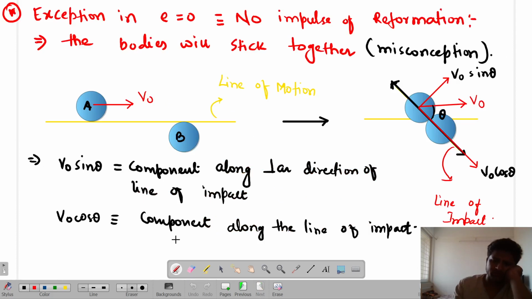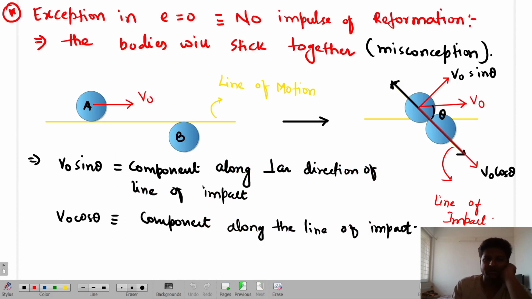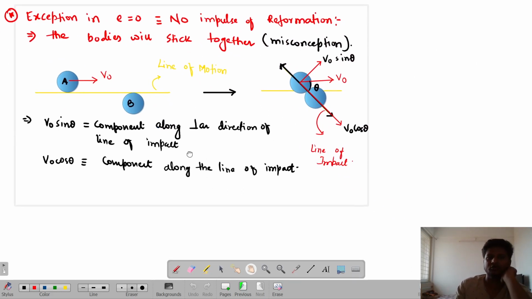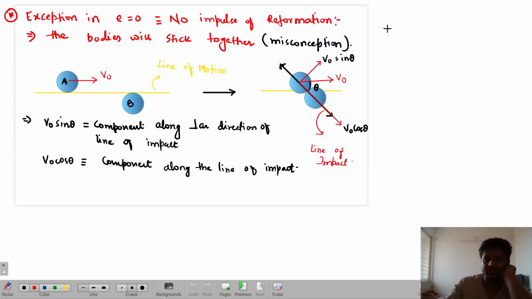यहाँ पे भी तो वही है ना. Look over there. If we look into the momentum along the line of impact, initially there was no momentum in that. Initial momentum was not present over there, isn't it? So let me just minimize this. Let me talk in a crude sense that if we look along the line of impact, then what do we observe? That for E equal to 0, the bodies need to have the same velocity along the line of impact, isn't it?